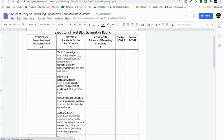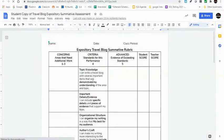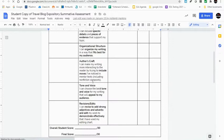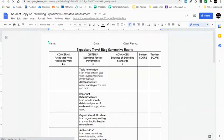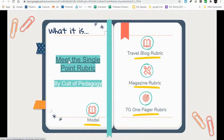So no longer does a student need to dig through to figure out exactly what will get them a certain grade. We've started this one with the 4, which actually will end up with an 80%. And I'll talk more about that later. But this is what one looks like. And if you'd like more information, you should go to this website right here, Meet the Single Point Rubric by the Cult of Pedagogy,